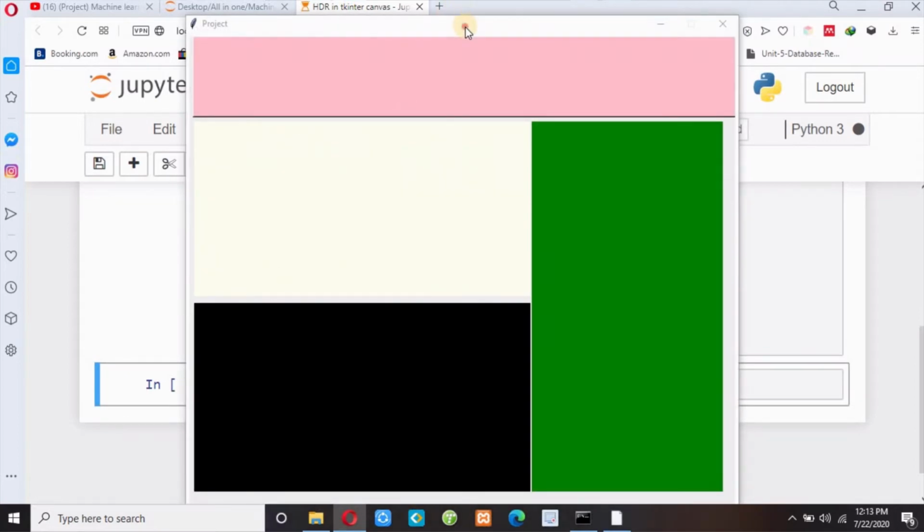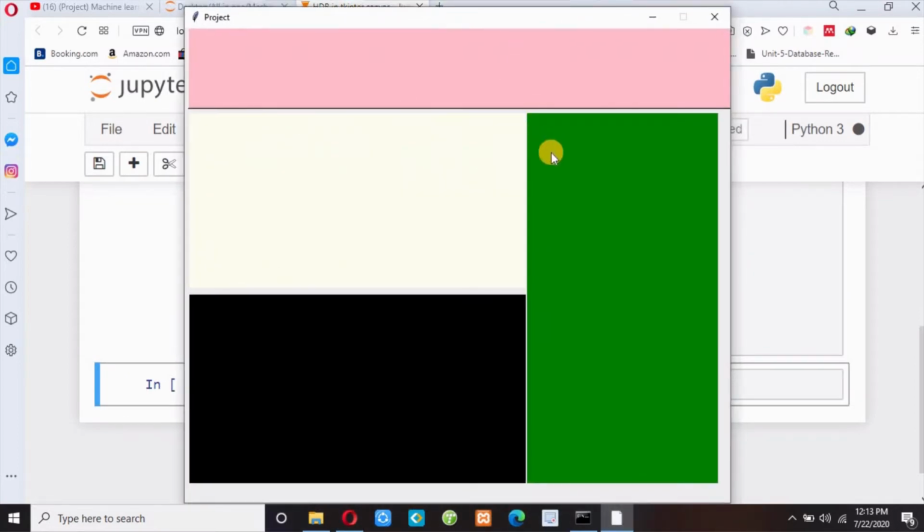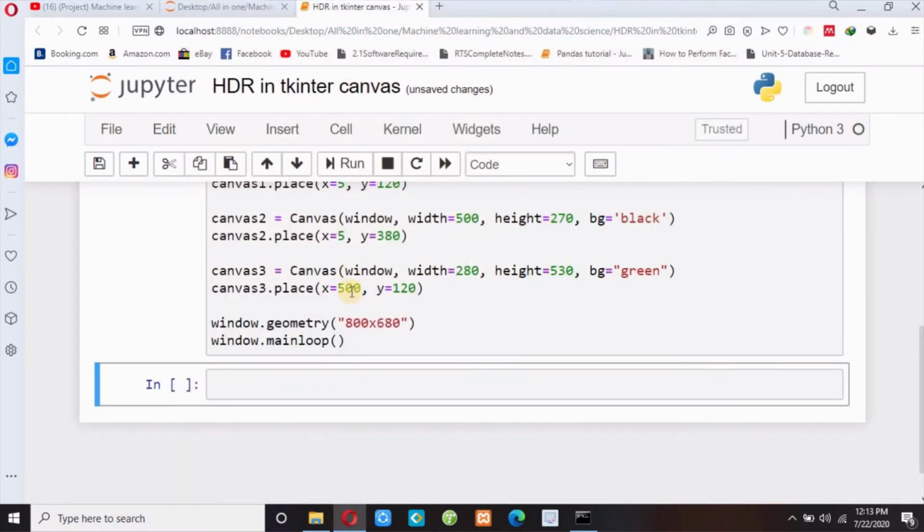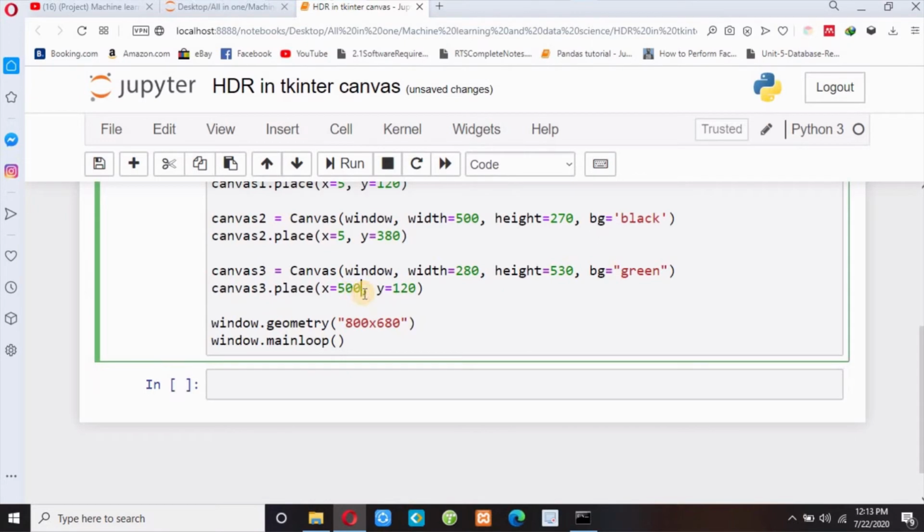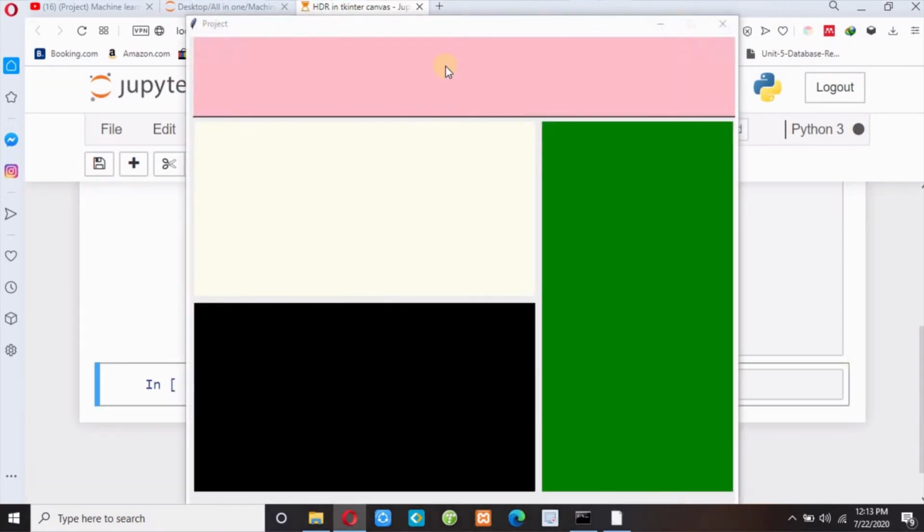Okay, now it looks nice, but I have to change this position a little bit. So I have to increase the x value. Suppose let me write here 515. Okay, now this is my window, and I have divided my window into 3 canvases. So canvas1, canvas2 and canvas3, and this is the button.